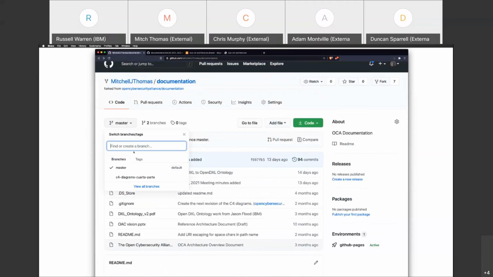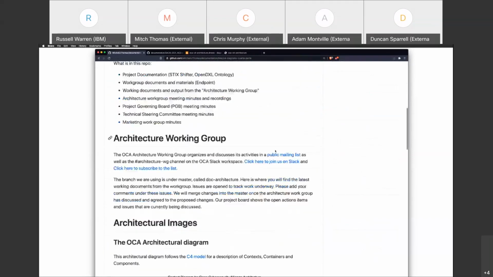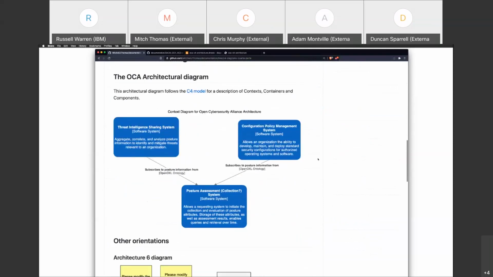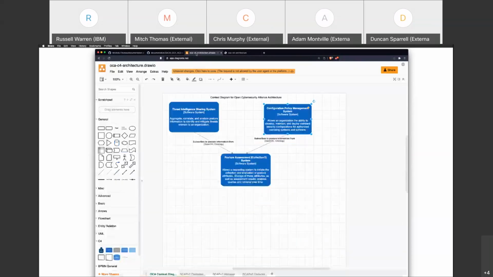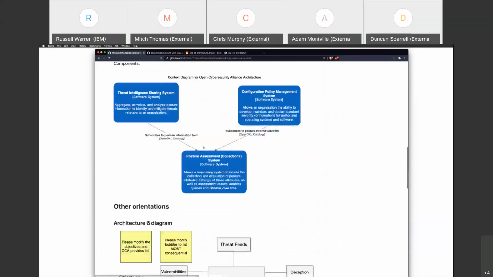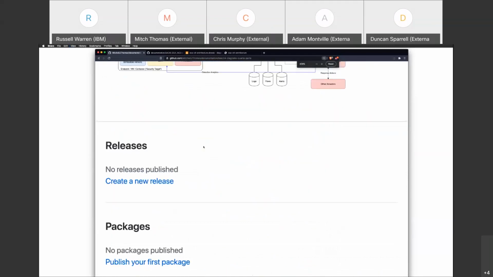Inside that, they had a very basic diagram that has the concept of an application using this posture assessment system. And in that venue, we said, you know, an example of an application that would use the posture assessment system is a configuration policy management system. That's really where that came from. And so it may not be represented in the original colorful diagram that we were just looking at, but it's still something that exists out there, like in the real world, right?